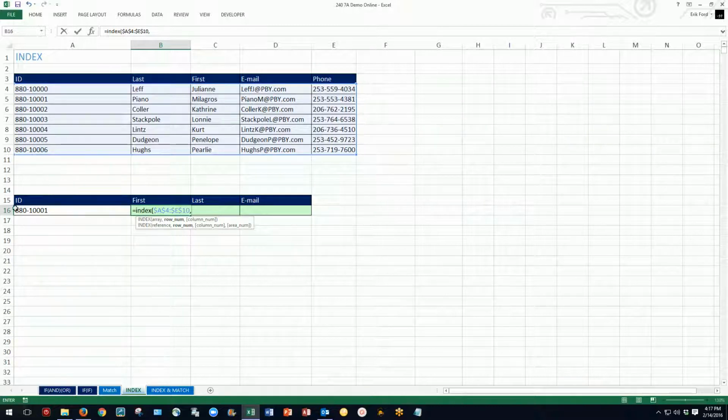I've got to look up by visual inspection 880001, and I see that that's in row 2 in that array, 1, 2. So the row number is 2. Comma. Now what's the column number for first? Well, it's 1, 2, 3. So I can go 3, enter, and it finds the name Milagros. And if I copy this over and change the column numbers again,